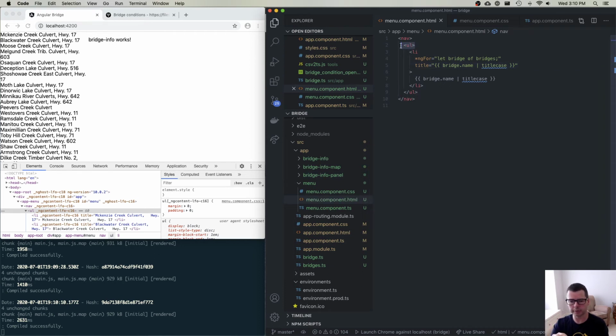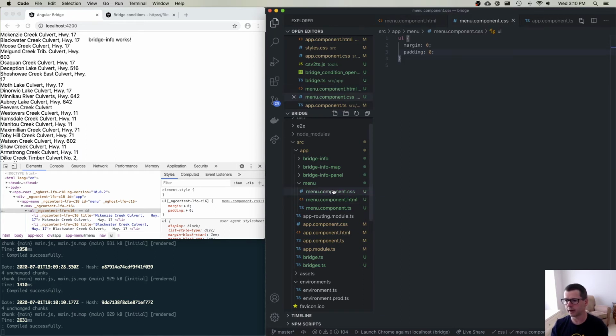So it's scoped automatically to this component. It's not going to leak out into other parts of your CSS in your app. And the way that they do that is interesting. You can see that Angular has added this underscore ng content dash LFO dash C16. So they've put this extra attribute on the UL element, and then they've written their selector like,